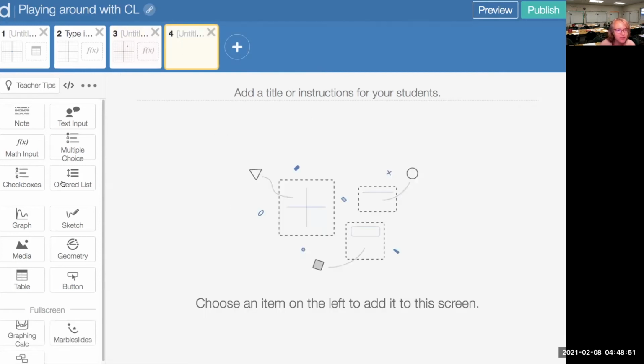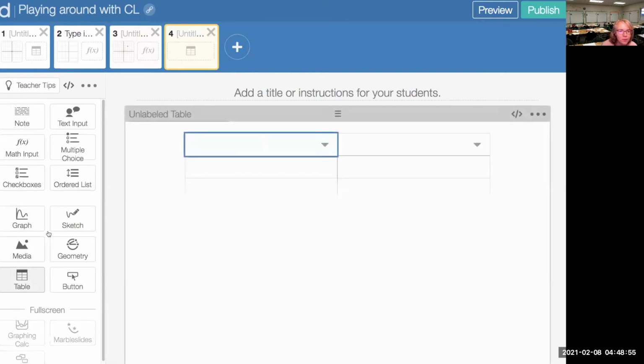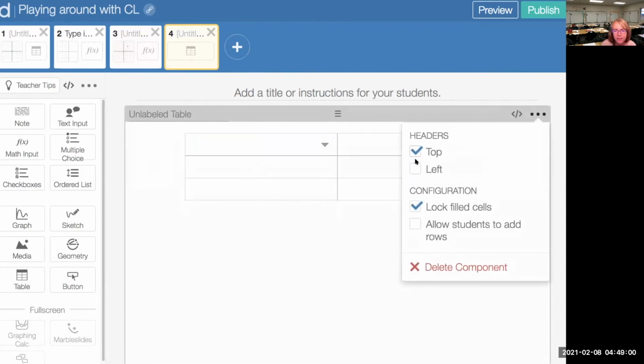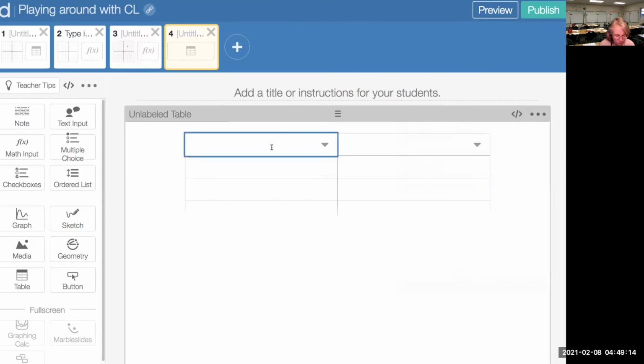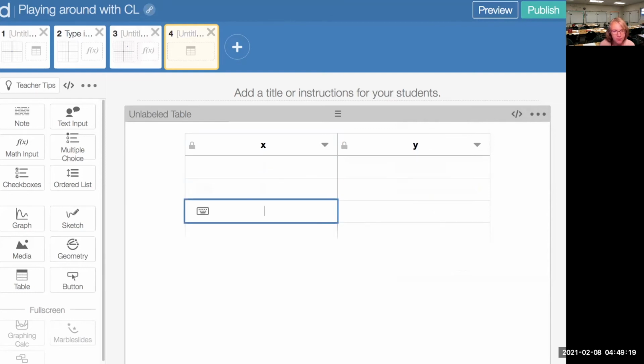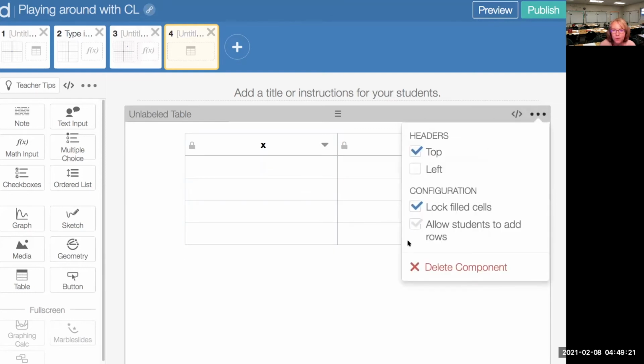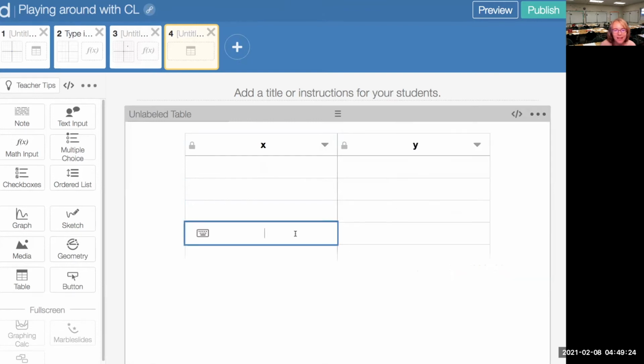So the first thing we're going to want to do is have a table where students are going to input things. Again, remember this right here. We can decide whether we want to lock the cells or allow students to add rows. If you're allowing students to add rows here, you have to take into account how many rows they might add if you're copying over the table. So just keep that in mind. If you only want them to have a certain number of rows, just go ahead and put those in there initially. And if they're not able to add rows, then you don't have to worry about adding more computation